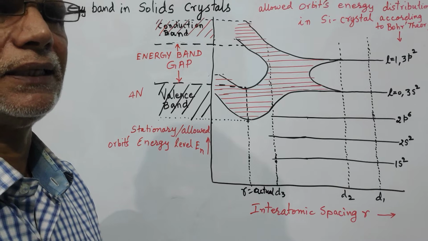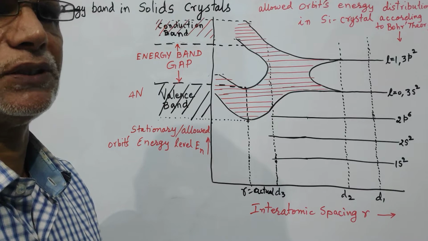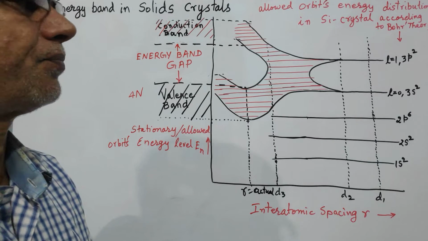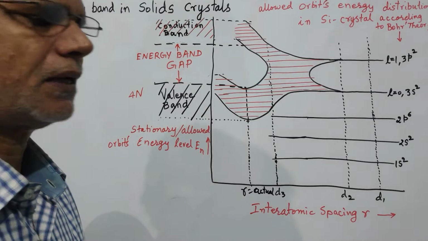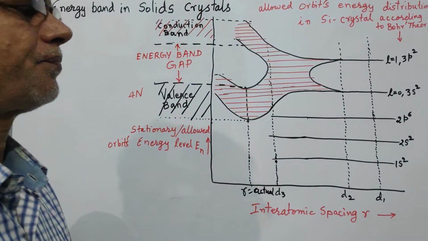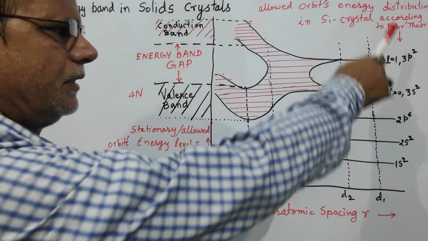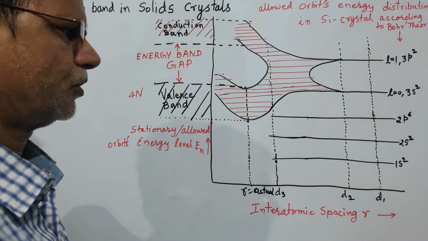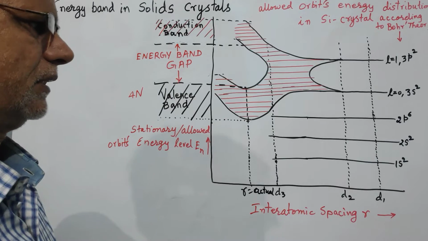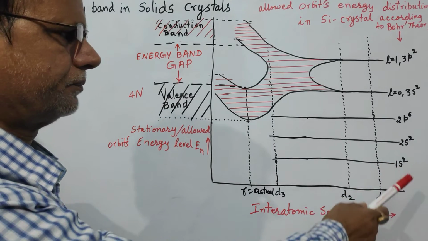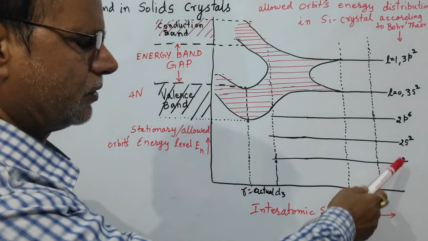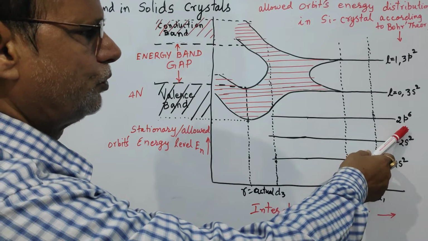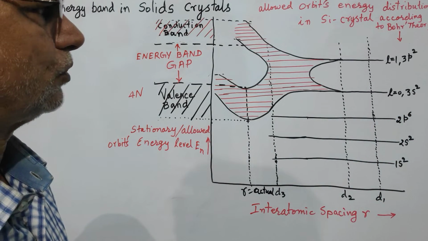However, this modification is not so significant when we consider the core electrons. So here we are taking the example of a silicon crystal. In this, on the right hand side, we have mentioned the allowed energy levels given by Bohr's theory for a hydrogen atom, and then we also see that these are the core electrons given in 1s2, 2s2 and 2p6 suborbitals. These are the core electrons, but